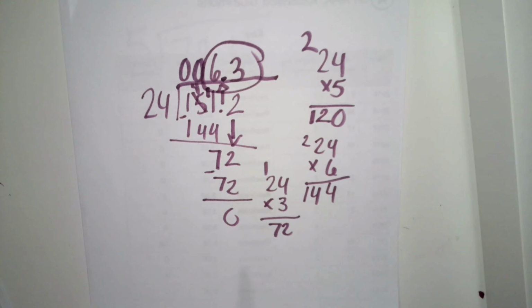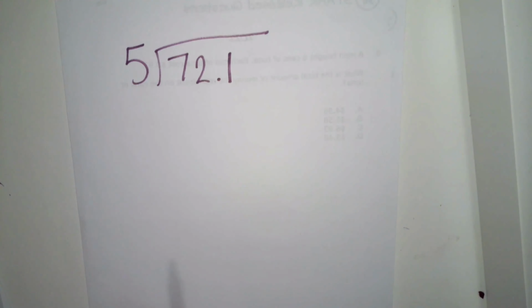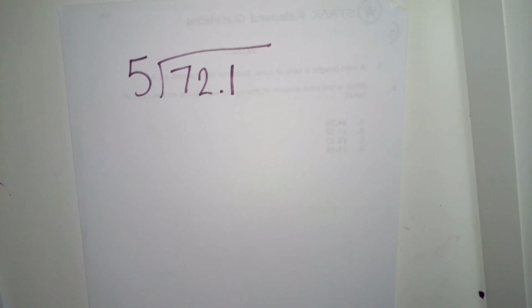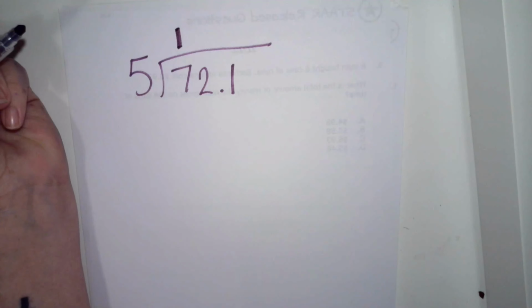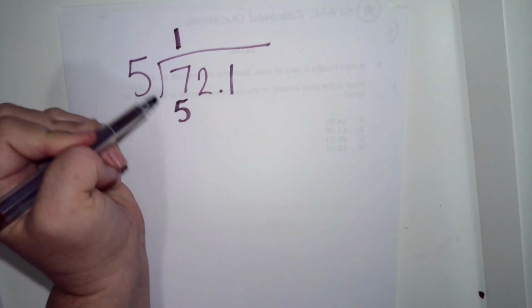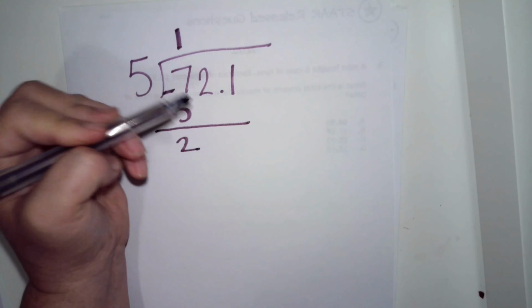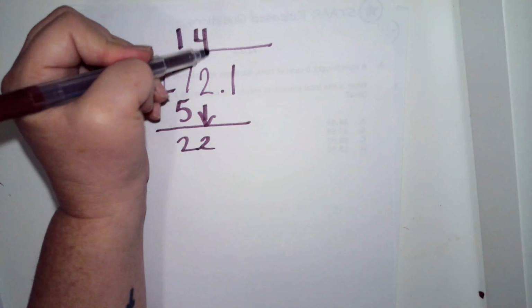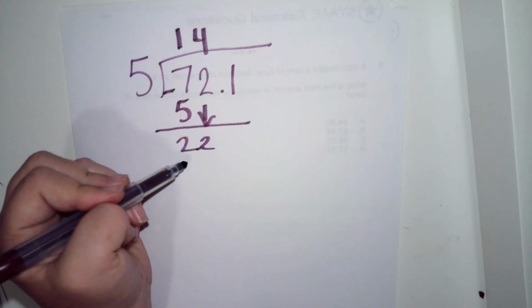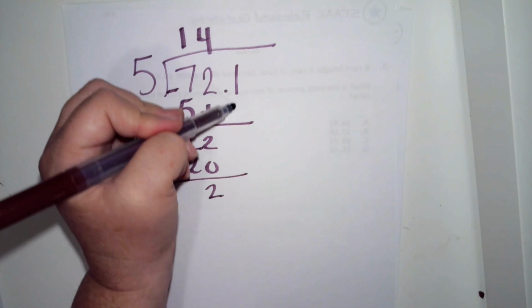We're going to do one more. And the next one is going to be a little bit different. So let's work through it. 72 and 1 tenth divided by 5. 5 goes into 7 one time. 1 times 5 is 5. If I subtract 5 from 7, I get 2. And I'm bringing down my 2. 5 goes into 22 4 times. 4 times 5 is 20. If I subtract that, I get a 2. Bring down my